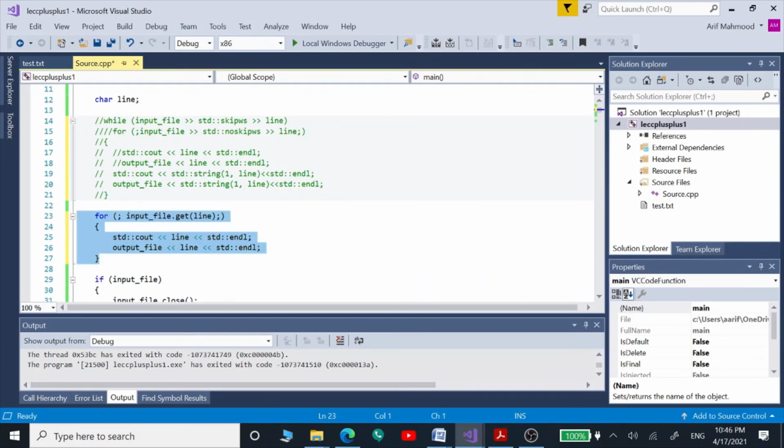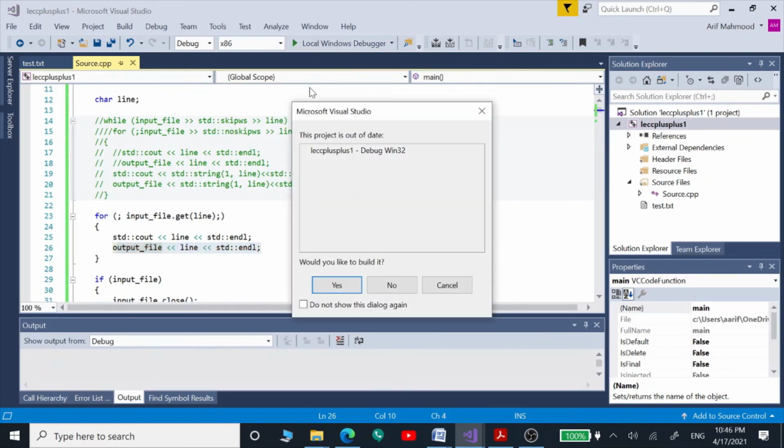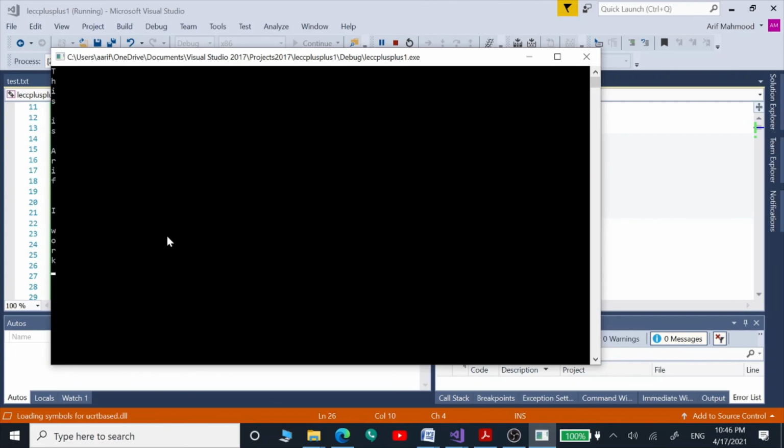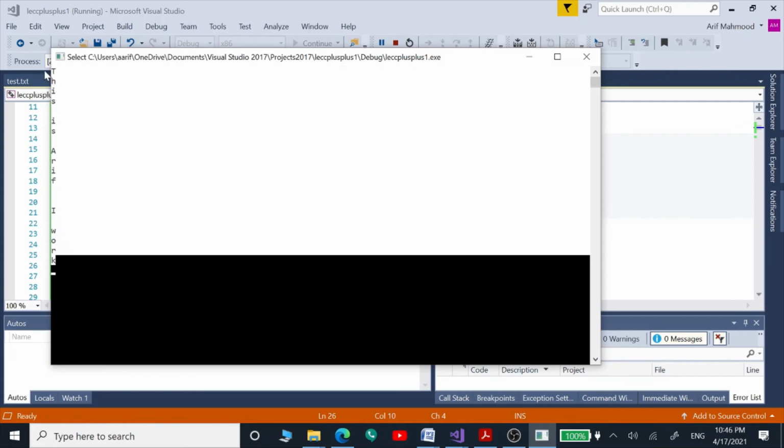Using this get function, we are calling this get function on the name of our input file, and then we are going to read out the lines in terms of characters, display those characters onto the console window, and store those into an output file as well. So now let's build and run this program. This is just another way to get those characters from our input file. So now we can see the same output.